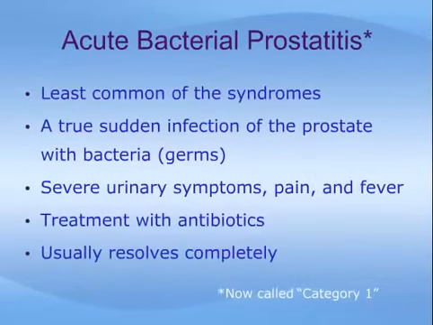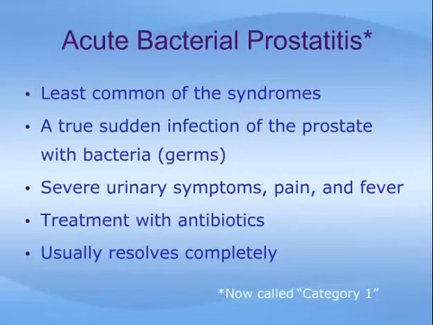Acute prostatitis, now called Category 1 prostatitis, is the least common of the syndromes and also the easiest to diagnose and treat. It is a true sudden infection of the prostate with bacteria or germs, causing severe urinary symptoms, pain, and fever. It is treatable with antibiotics, drugs that can kill or stop the growth of bacteria, and it usually